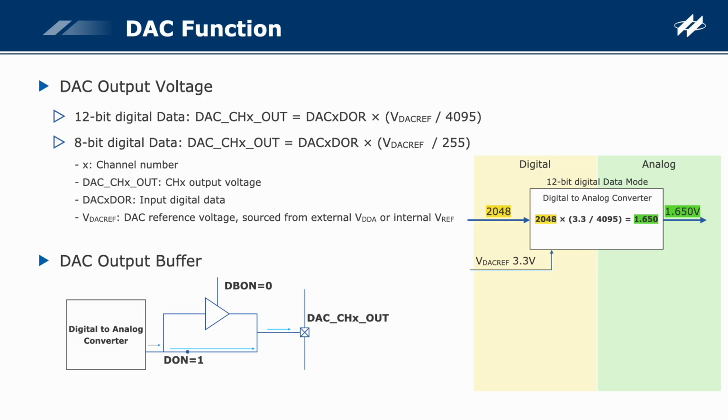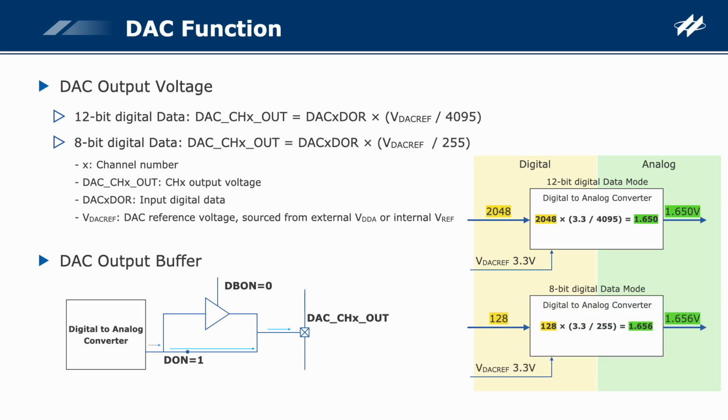While for 8-bit digital data format, the output voltage is an 8-bit digital value multiplied by the reference voltage and divided by 255. For example, input a value, half of 256, 128, and the reference voltage is 3.3 volt, thus the output voltage is 1.656 volt. It can be observed that the output voltage has an error of 6 mV for the 8-bit data format due